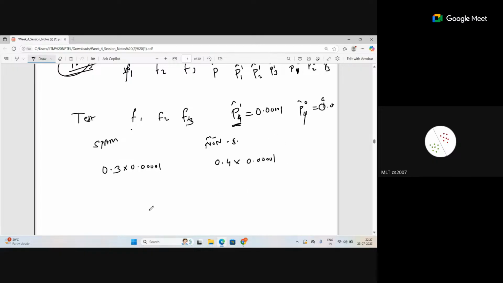Now you are able to compare, right? Earlier, when the count was 0, the product became 0, and it was not able to compare. But now, with this simple thing, assigning some small probability to that extra new word,